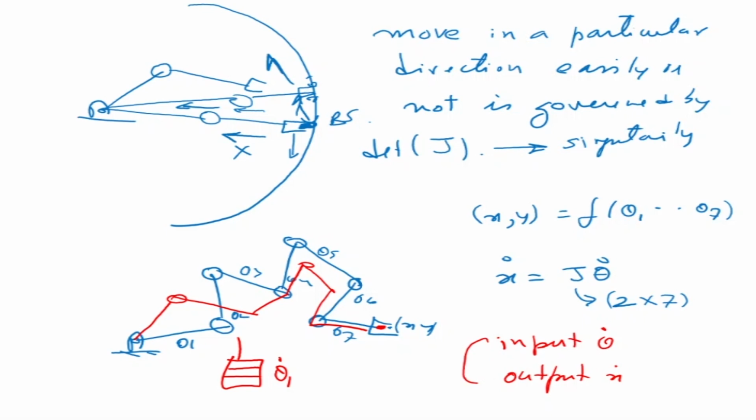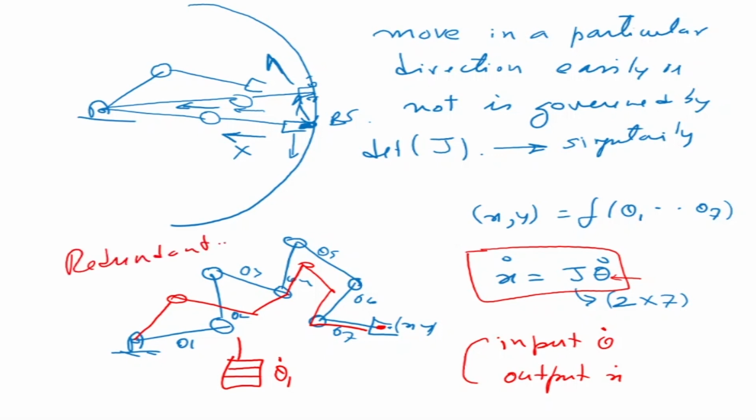So where did the velocities go? Because this relation is a relation between the joint velocity and the end effector velocity. Now in this case I'm giving joint velocity but the end effector is not moving. So where did that velocity go? Okay, now this happens in the case of redundant systems.